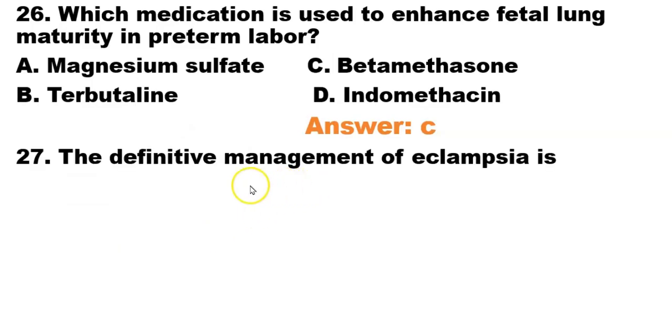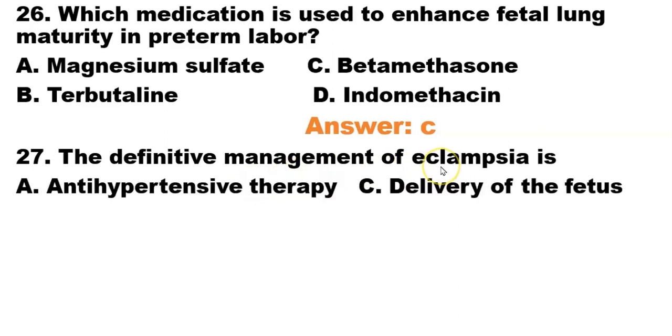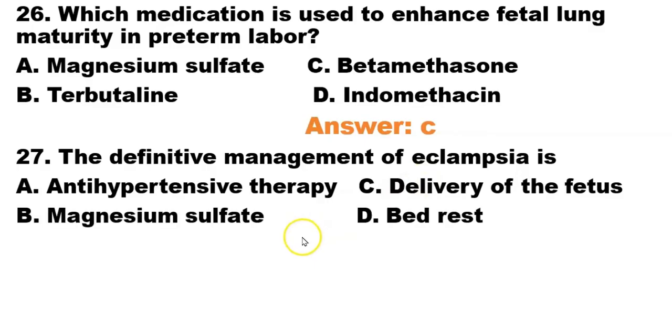The next question is: the definitive management for eclampsia is A. Antihypertensive therapy, B. Magnesium sulfate, C. Delivery of the fetus, D. Bed rest. I already asked this question. I repeated it. The answer is C. You know that answer. The next question: